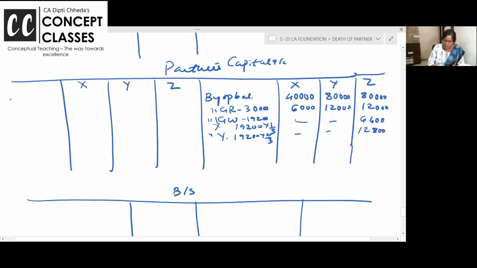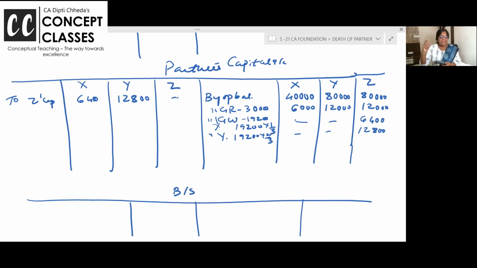Nice. Chalo, come here. To Z's capital account, 6,400 X will give and 12,800 Y will give in the sacrificing ratio, which is nothing but the old ratio,